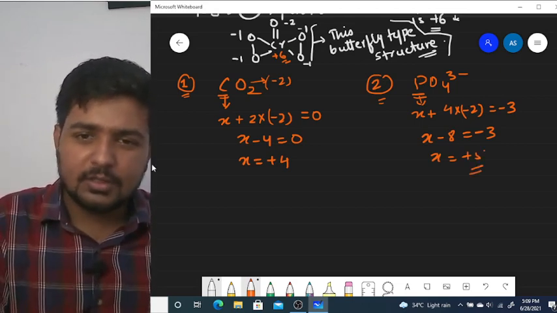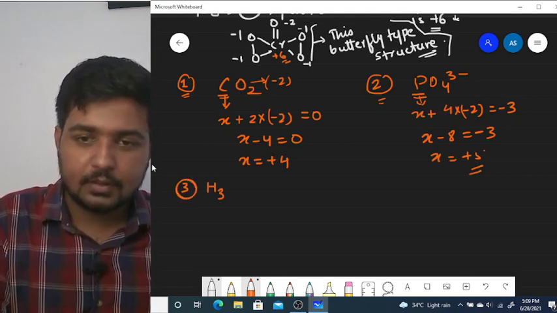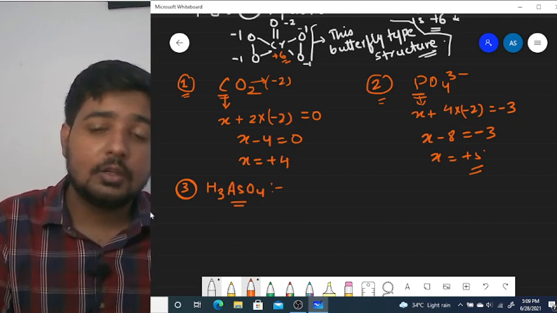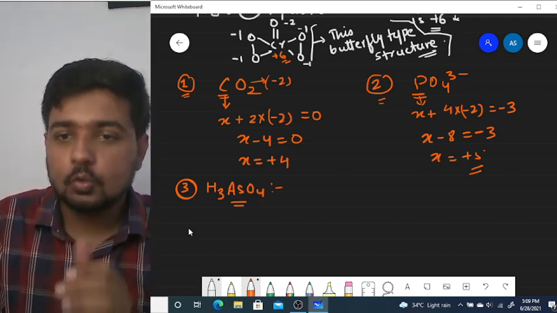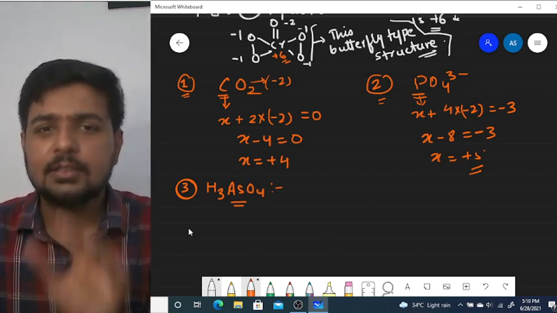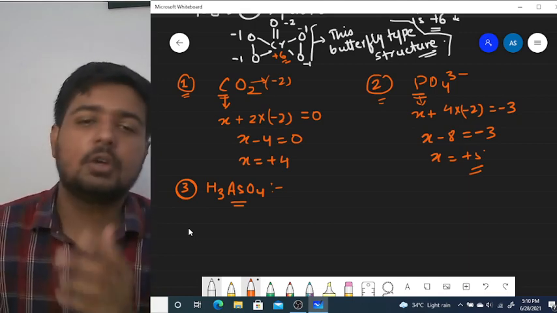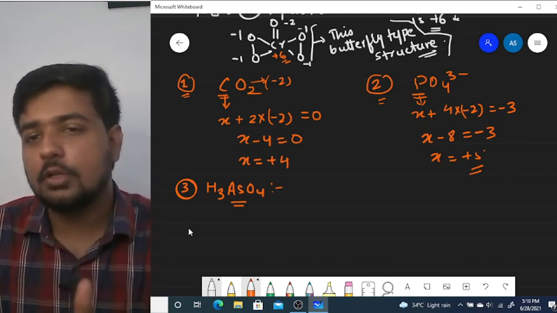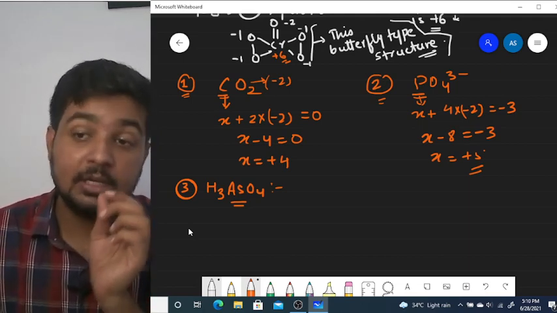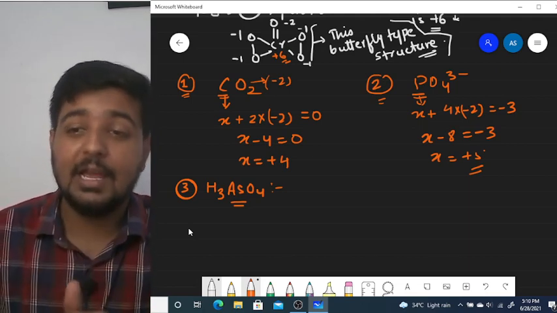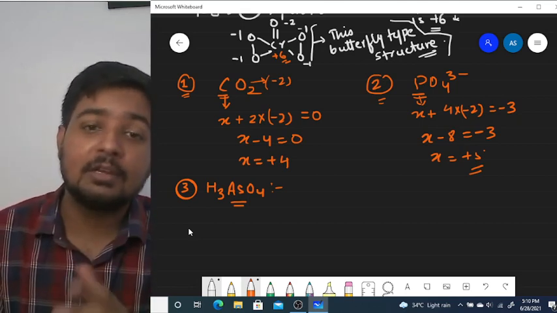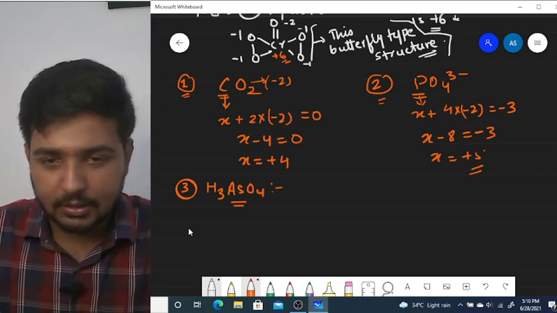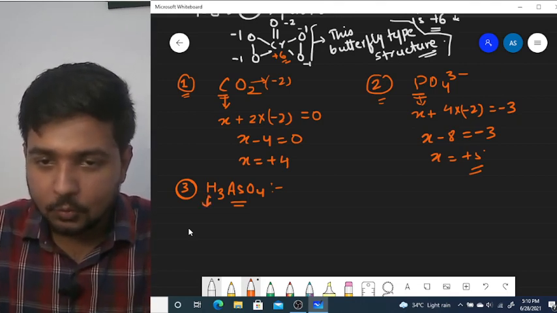There are many more examples. You must practice from your book so that you will have a clear cut concept about the rules for finding out the oxidation number. In this session we have taken the simple molecules only, but in the next session we will try to find out the oxidation number of the central atom in case of complex compounds, as well as the oxidation number in case of structures. We will cover these two topics in the next session, so stay tuned with us.